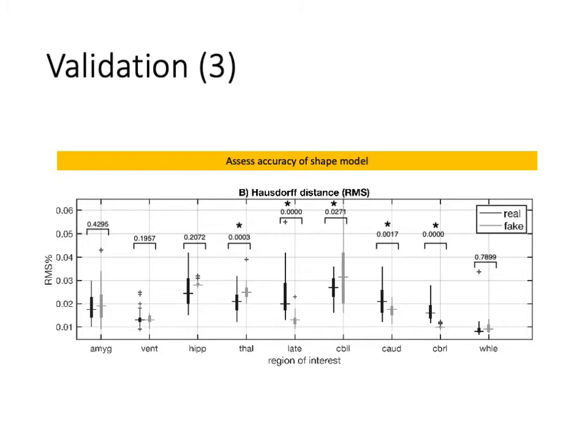As a third step, we try to assess a finer measure of accuracy, that is, how similar are the shapes of specific brain regions between our synthetic data set and real data sets. For the whole cortex, the similarity is very good because the p-value is very high. It's not statistically significant, so we cannot differentiate between real and synthetic brain data sets. But we still have a ways to go with a few structures such as the cerebellum and the thalamus, where there is an inaccuracy or mismatch between shapes.